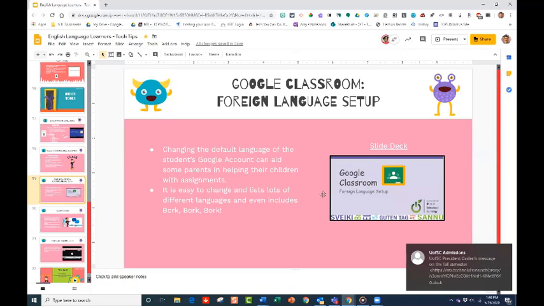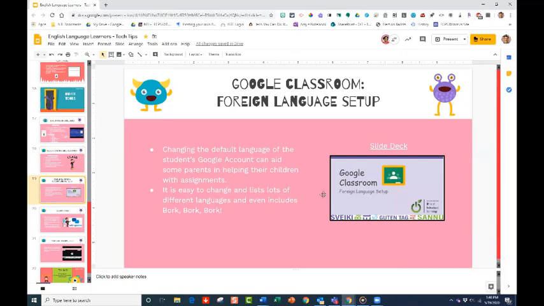All right, this is how parents and students, maybe it's a parent that is working with a younger child, and maybe the parent is not very fluent in English or whatever language that you're using. They can change the primary language on their Google account. This works really well in Classroom because a lot of things in Classroom that have titles or maybe a category change into a different language for the user. So maybe it's, again, a parent helping a child they have at home, or maybe it's the child themselves who are more comfortable looking at it in a different